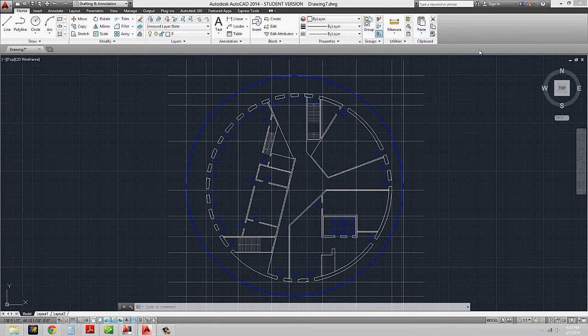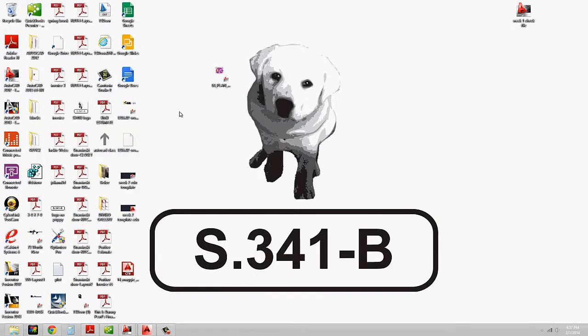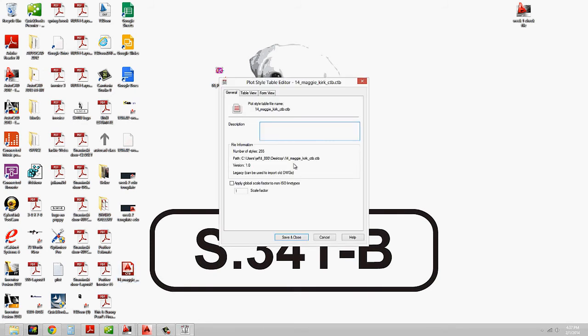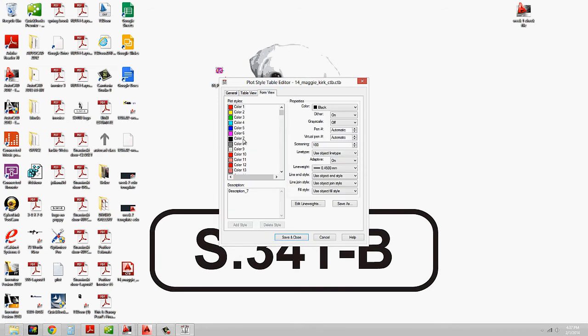So what you need to do, and we can act as though I'm coming to a new computer and it doesn't have my CTB file in there, and I have to reload it. So what I'm going to do is minimize my AutoCAD. I'm going to find my CTB file, and I can change it if I need to. So for example, if I need to change the color 7 or white,